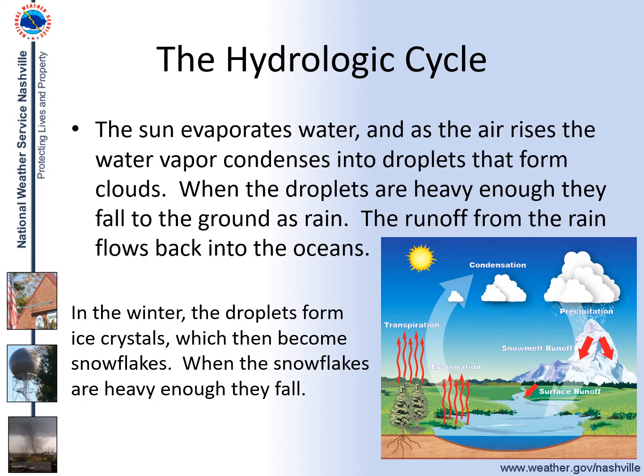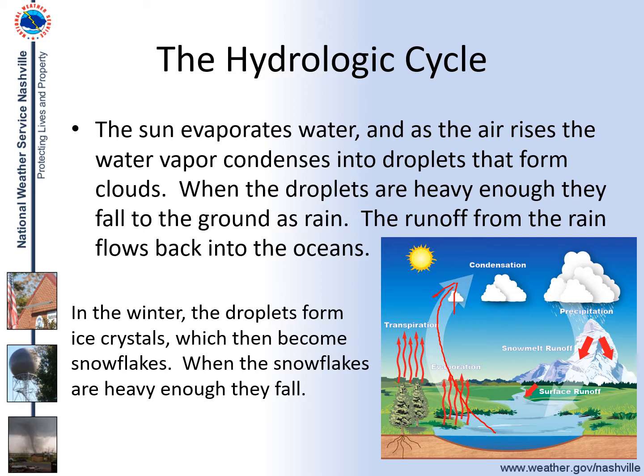Those circulations aren't enough, and we need moisture. The bulk of our moisture comes from the Gulf of Mexico. The sun heats the water, evaporates it, turns it into water vapor, as we see down here. As the air continues to rise, that water vapor cools, forms clouds. And if the cloud continues to grow, the moisture will form larger and larger water droplets, and that eventually falls